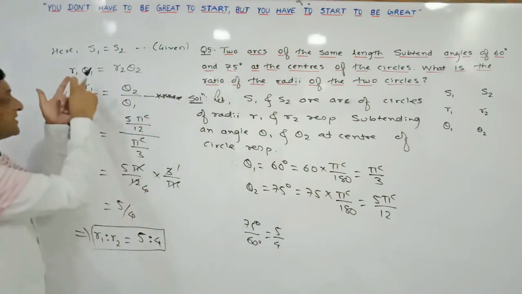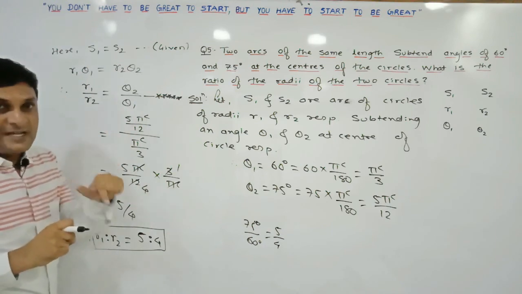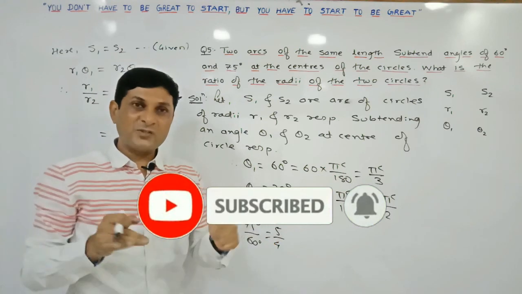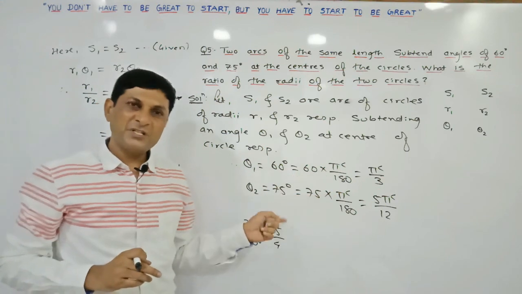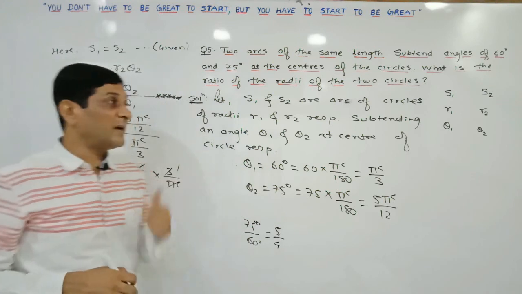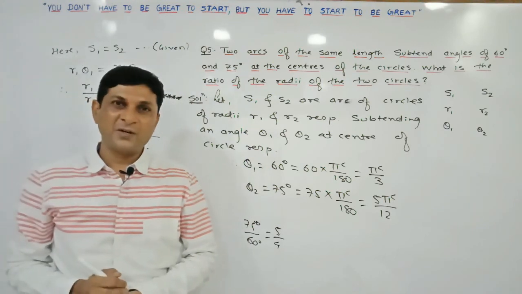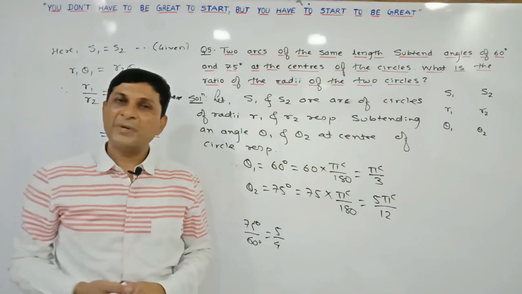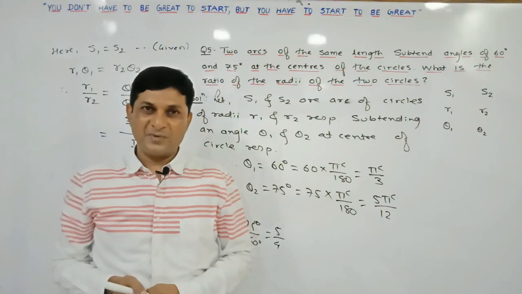But to apply this formula, S is equal to R theta, the angle should be in what? Radians. That's why first we converted the degree measure into radian measure. But while solving objective type questions, it is not necessary to convert degree measure into radian measure. Directly you can take the ratio of theta 2 and theta 1 to find the ratio of R1 and R2. Hope this shortcut method is very clear to you. In this way we have completed the first 5 examples. Again 5 examples are there in this exercise. Those examples we will discuss in the next lecture.